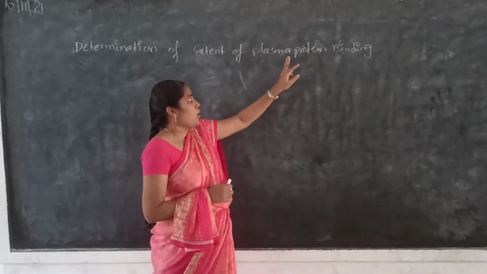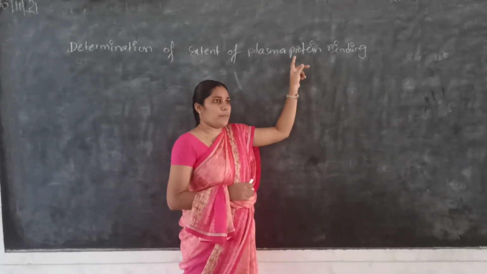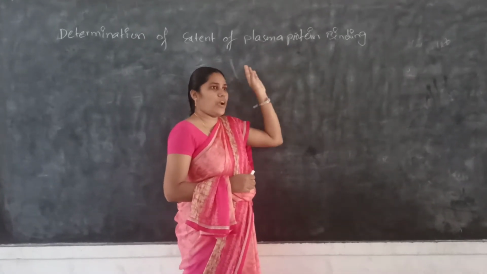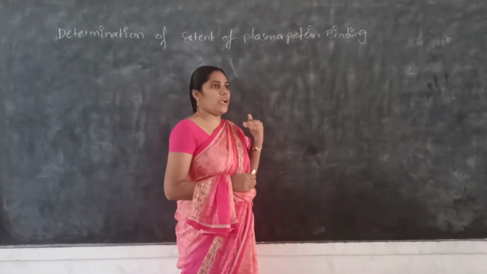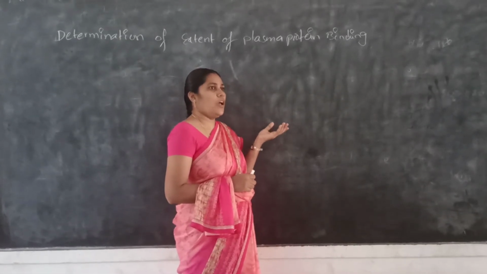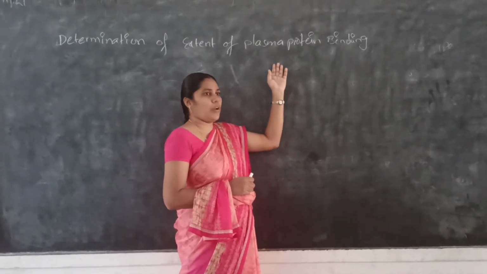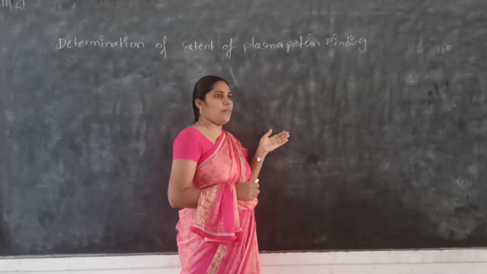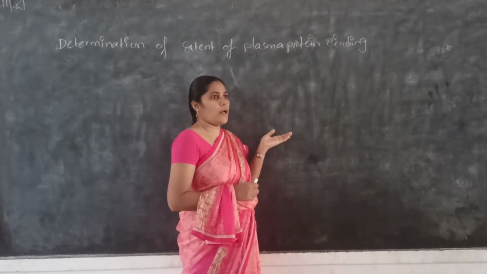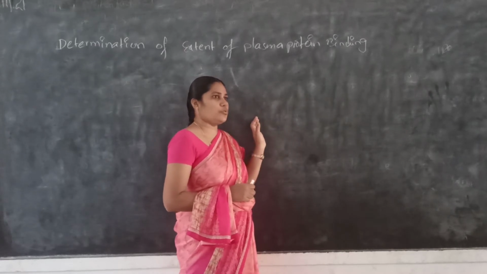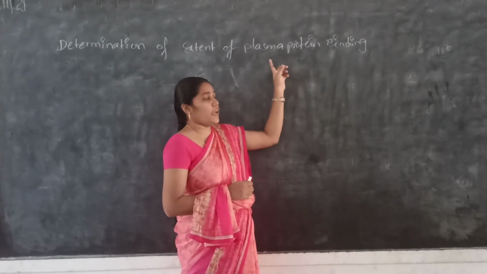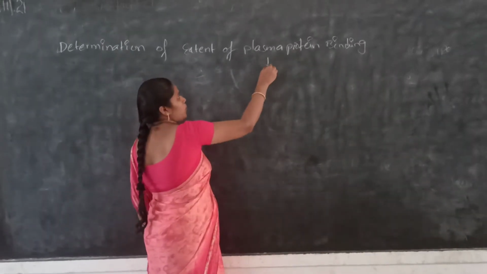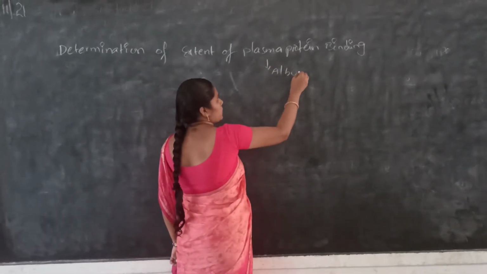So, here what is meant by protein binding? The protein binding is a complex process. After administration, the drug enters into systemic circulation and then it binds to a number of proteins which are present in our body. It may be blood plasma proteins or extravascular tissues. Mostly the drug is binding to plasma protein, that is albumin.